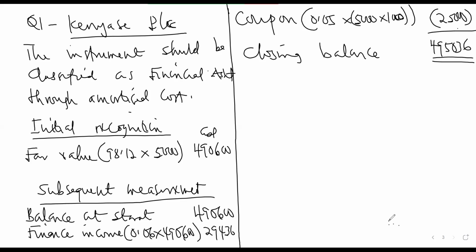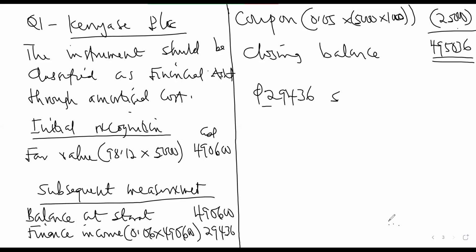All right. So you show your profit or loss extracts, or you can tell them how much they should take to profit or loss and how much they should take towards their statement of financial position. So you can say that 29,436, it should be in English. So the company should charge